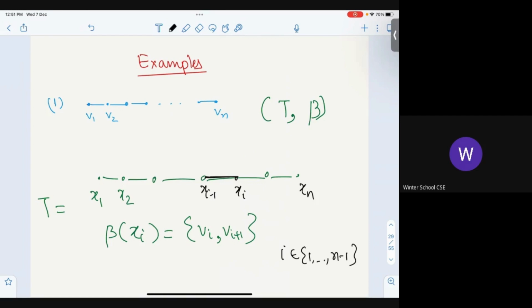So how do I map? I take my tree for my decomposition, same as T star, and ask what is the beta of that particular node? I go back to the corresponding vertex in T star and map it to itself and its parent. That's a decomposition. That's the end of it. Root maps to root. Beta of R is R. Yes, it has only one vertex. No issue. It may have no vertex for all that matter.